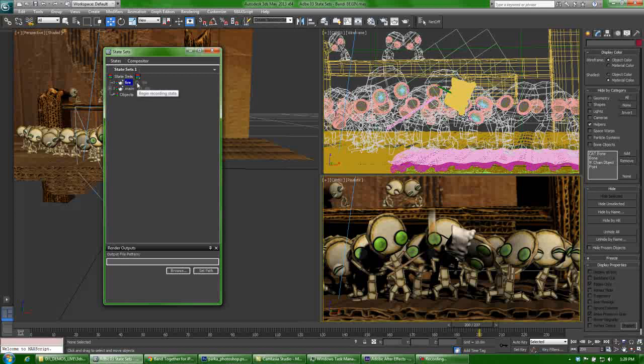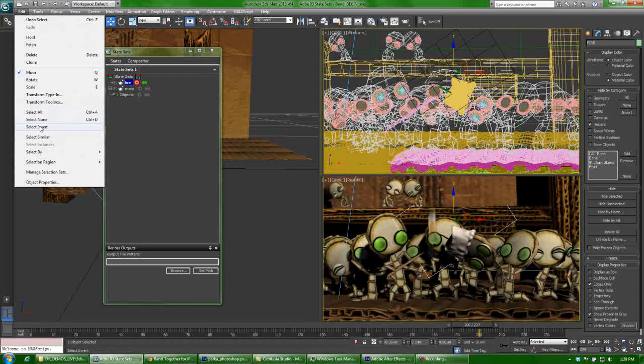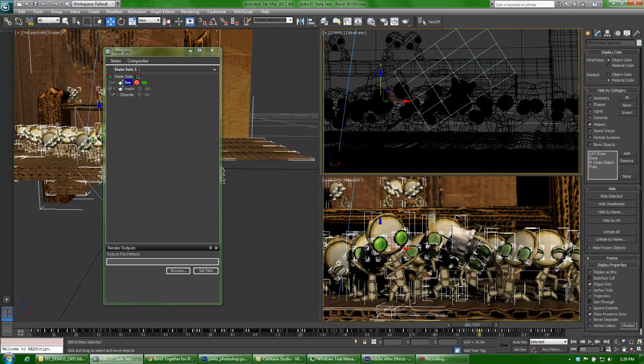So to create that, I'm just going to say let's record the state, and now I'm going to select the fire, and I'm going to come over under edit and say select invert. So I have everything else in my scene selected. Now as opposed to hiding these objects, what I'm going to do is get a little bit tricky and bring